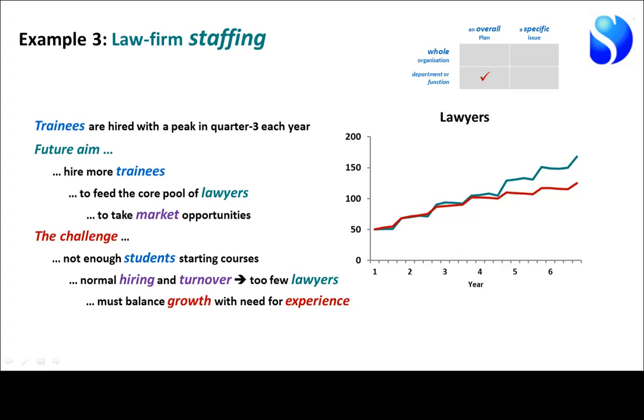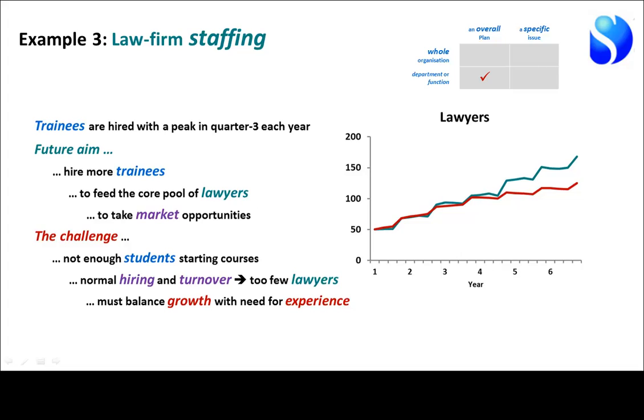The challenge is that they know that there are not enough students starting courses. So if they get their normal success rate in hiring the people they try to hire, and they get their normal turnover rate amongst those lawyers, they will end up with fewer lawyers than they need. So they've got to do something about that, but in doing that, they've got to balance the need for growth with the need for experience. If you hire lots and lots of trainees in order to account for the high turnover that you think might happen, then yeah, you've got enough bodies in the building, but they haven't got enough experience to be able to do the level of work